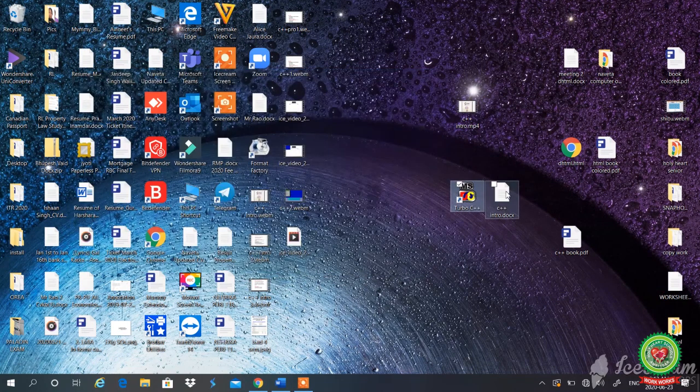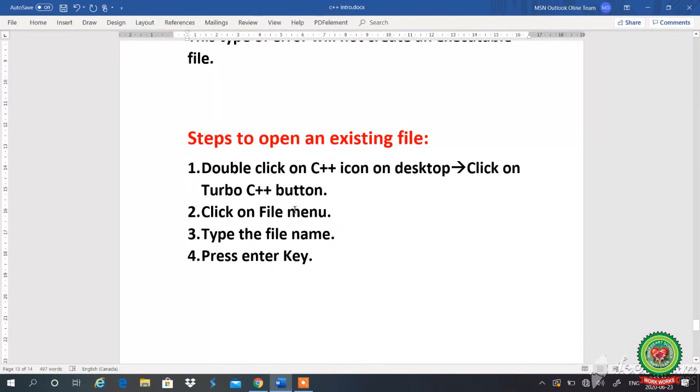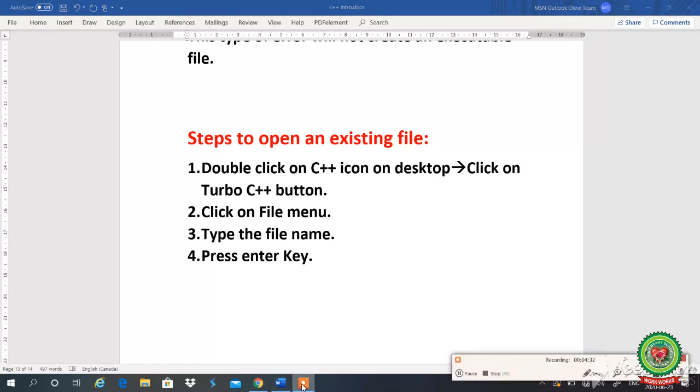Now, let us discuss these steps. Steps to open an existing file: double click on the C++ icon on the desktop. Click on the Turbo C++ button. Click on the File menu. Type the file name and press the Enter key or the Open button.